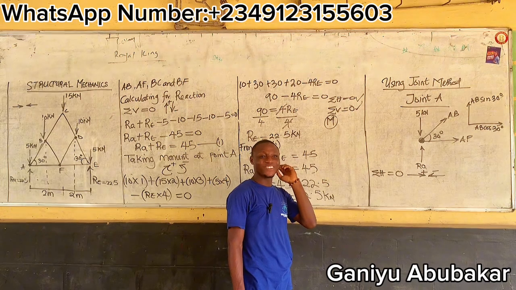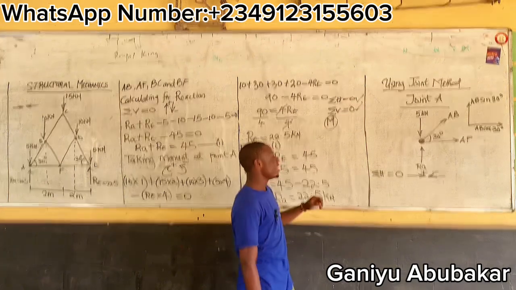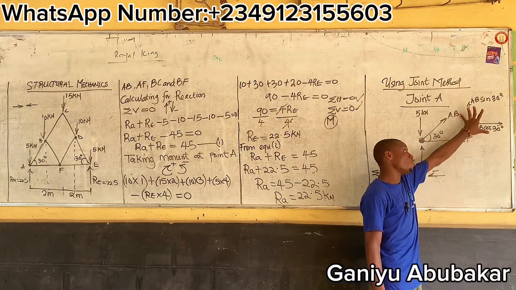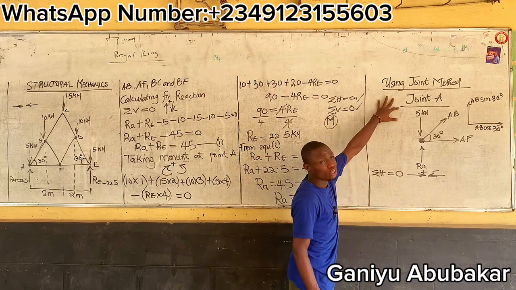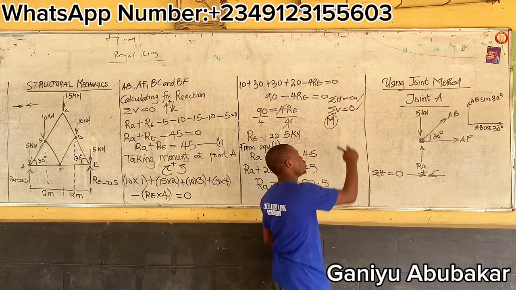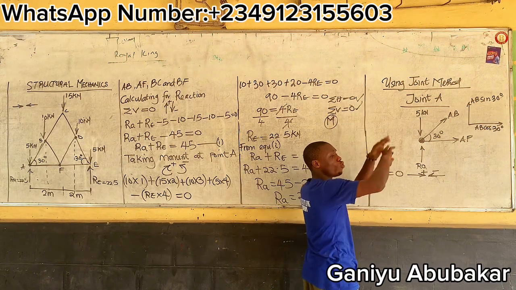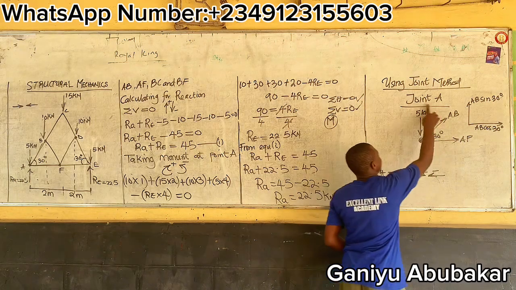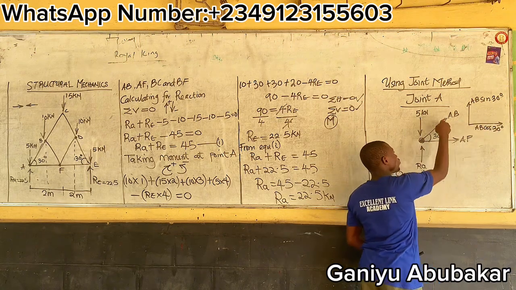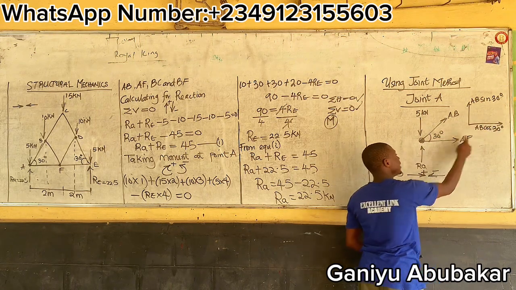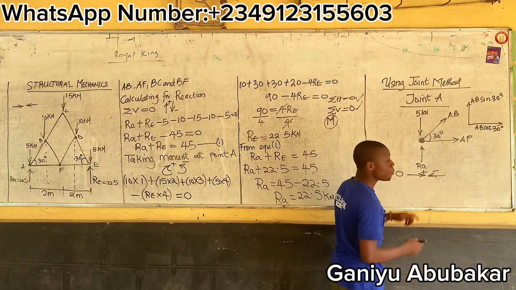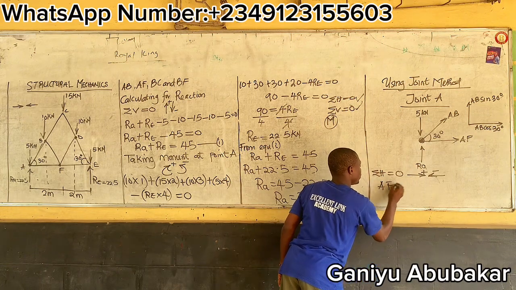Let's come on. Let's proceed, please. Now I've resolved this force and angle into vertical and horizontal. I'm done with it. We said when it comes to the joint concept, apply just two conditions of equilibrium. Moment is off. You don't use moment for a joint. Start with the first condition, summation H equals 0. That is, all the horizontal components must sum to 0. Which forces here are horizontal? This and this. From this one we derive these two. So this one and this are acting horizontally, but facing what direction? A positive direction. Right? So AF plus